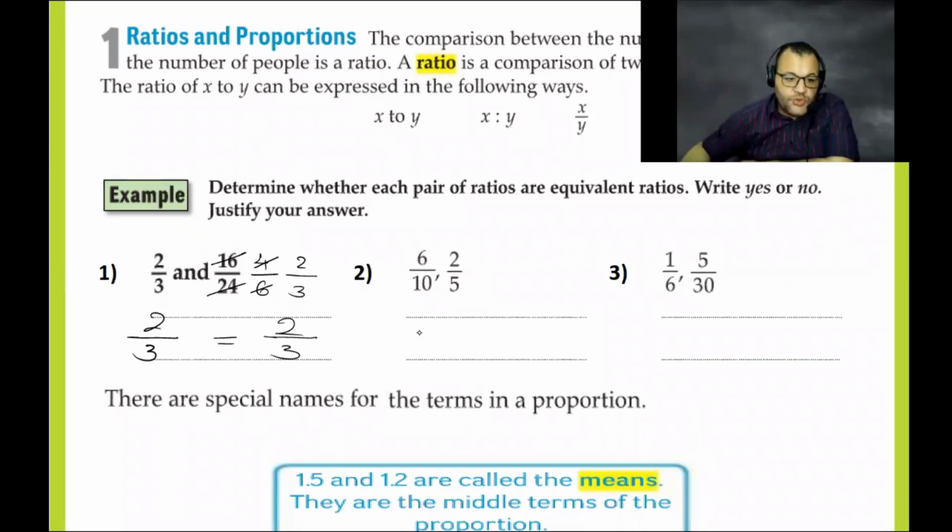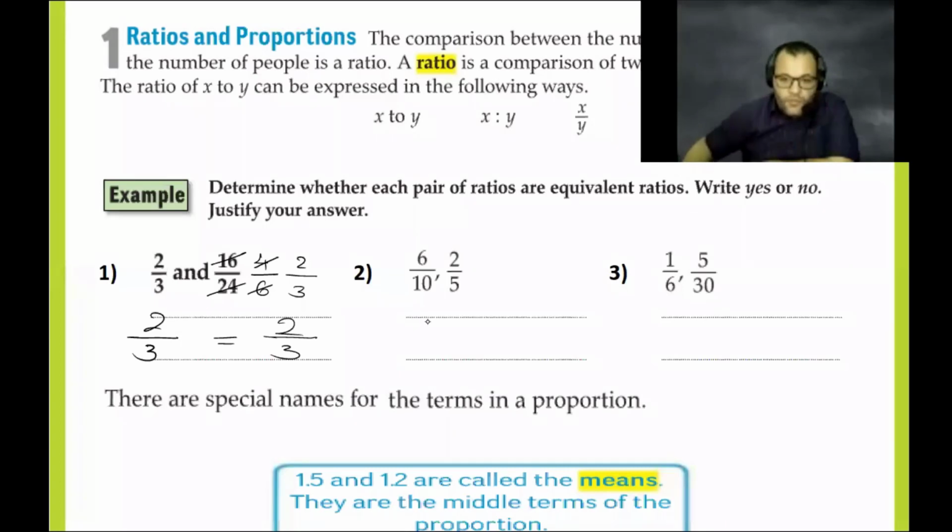So for number 2, we need to solve it the same way. What is the simplest form of the 6 over 10? If you know the answer, please raise your hand, because you can't control yourself. So we will move one by one. If you know the answer, Yusuf Al-Jabri. What is the simplest form here?